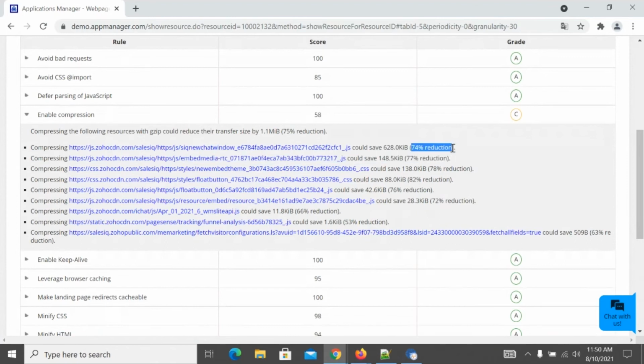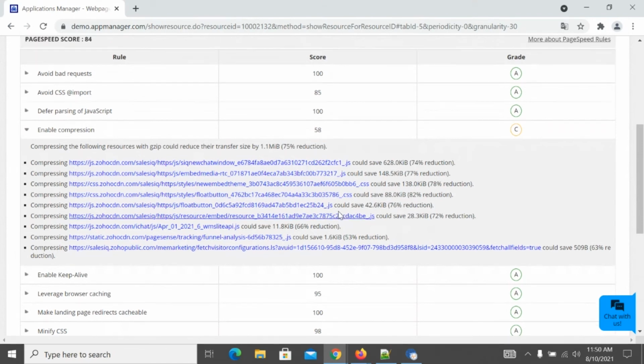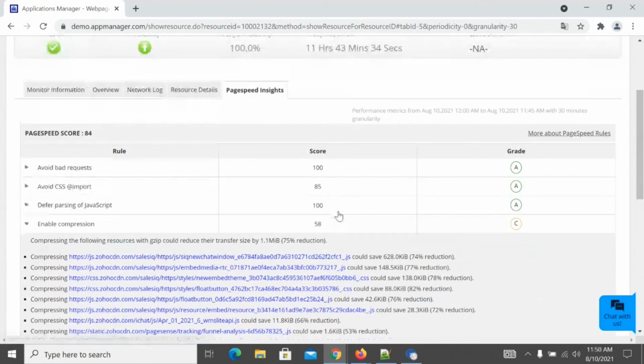So if I complete compressing all of these steps, I will be able to compress it up to 75% reduction. So these are some of the suggestions that are provided by Applications Manager itself. So going to the next topic,